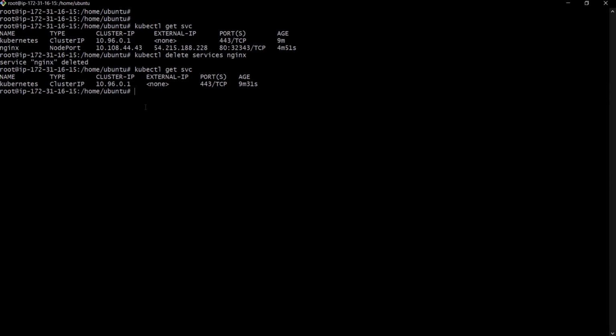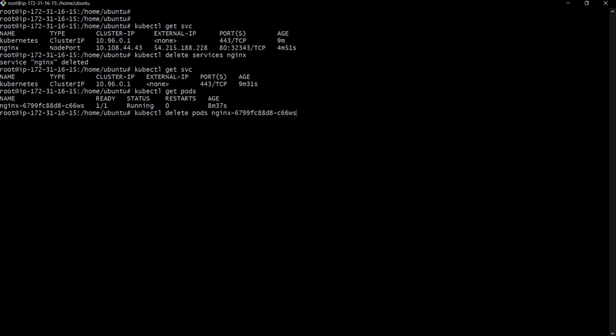Now if you want to delete the pods, we have the command kubectl delete. First we have to check the pods. Now I want to delete this pod. The command is kubectl delete pods and the name of the pod.